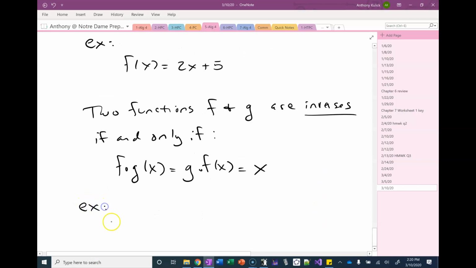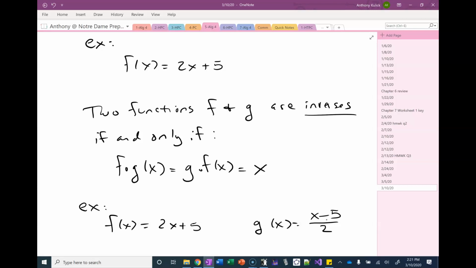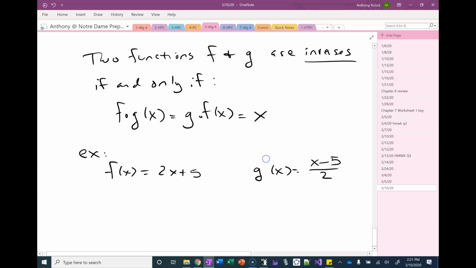So let's say, for example, we have f of x equals 2x plus 5, and g of x is equal to (x minus 5) over 2. To check that these are inverses,